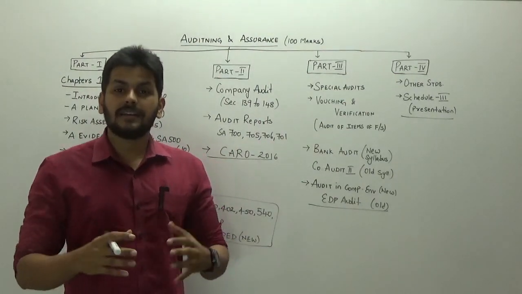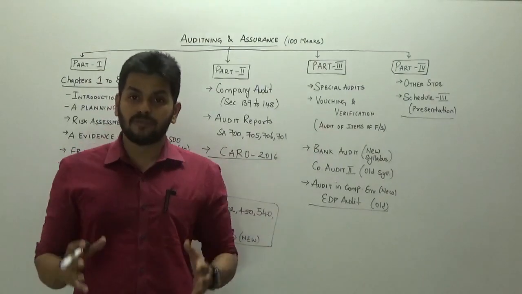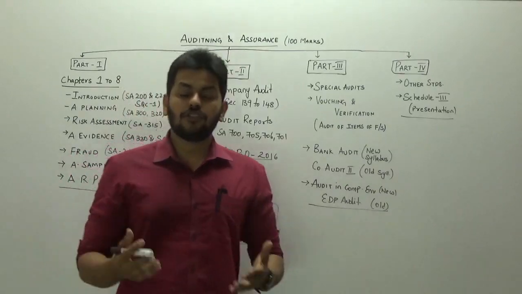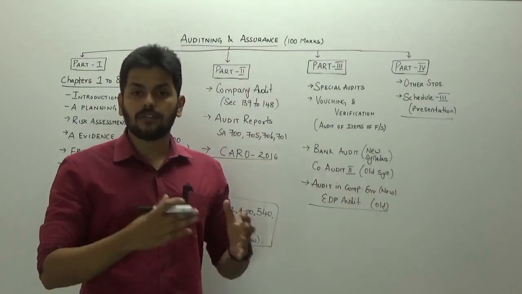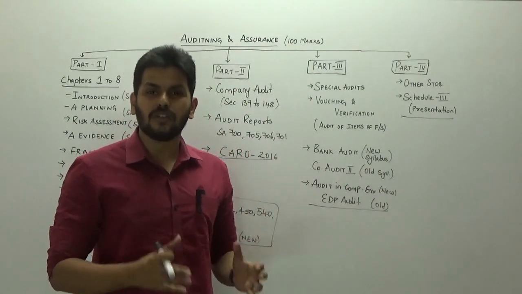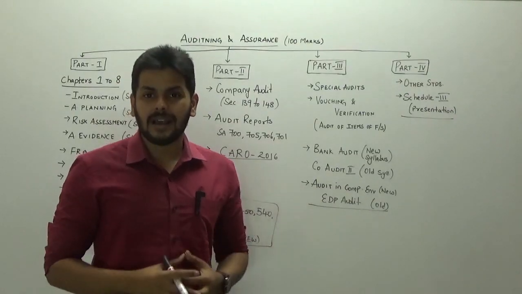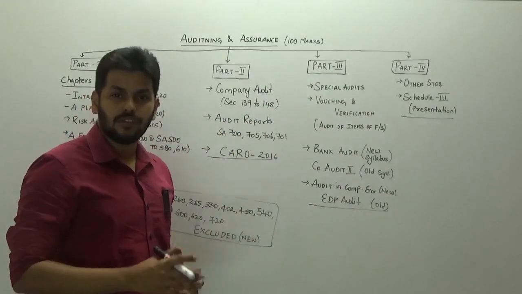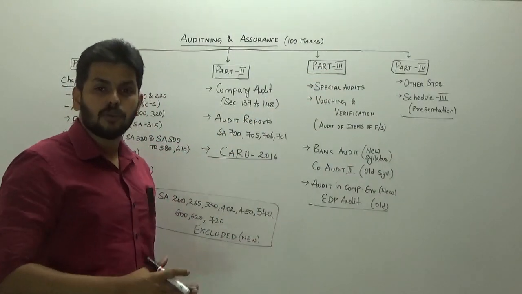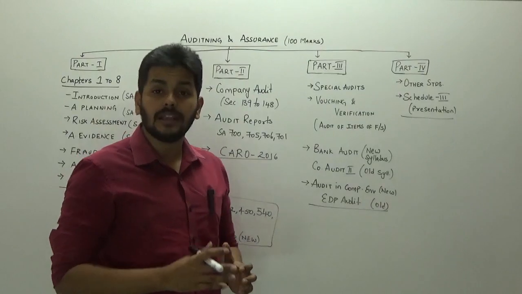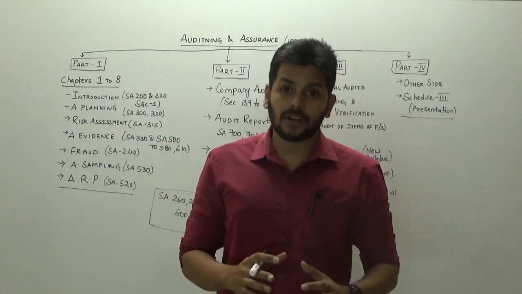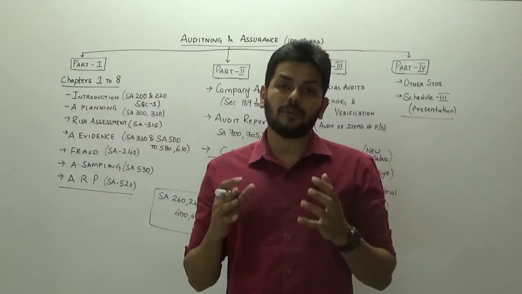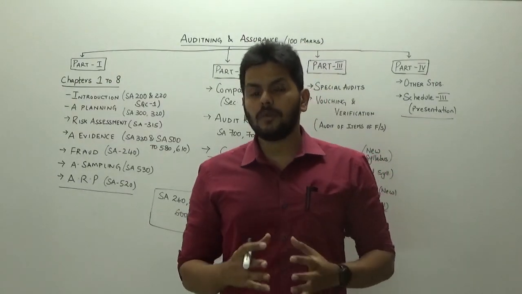Let us now try and understand in the paper of audit what forms part of our syllabus and how do I break it. I generally go by breaking the syllabus completely into 4 parts so that it's easy for you to take one slot at a time and work on it. As you know, the entire paper is for 100 marks for both IPCC and Inter. Our first and foremost concentration would be on those areas where the major part of the questions are going to come from. Roughly around 35 to 40 marks are going to come from your initial chapters which deal with all the